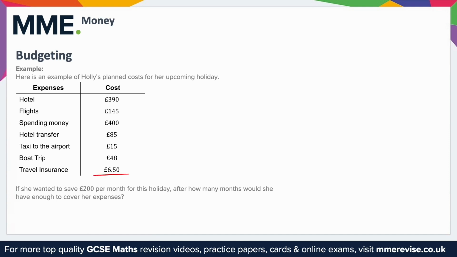So, what we need to do here is find a sum of all the expenses, which is just all of this table added up, which comes to £1,089.50. So this is the amount of money that she needs to save. From there, we know that she wants to save £200 per month. So we need to see how many times 200 goes into 1,089.50. So we're going to do £1,089.50 divided by 200, and that will give you